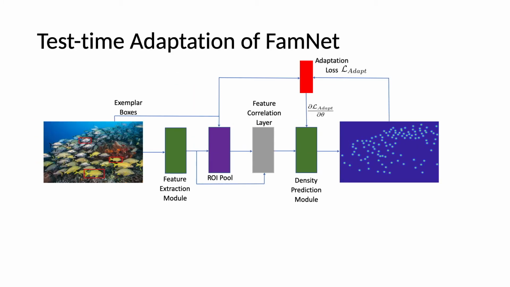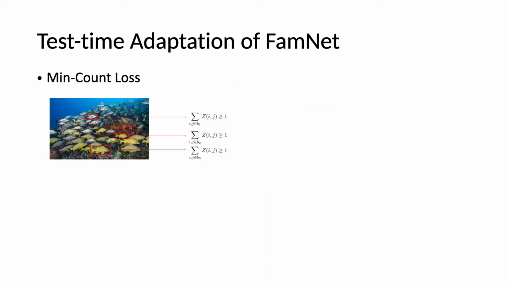Since the location of few exemplars is known in the test image, we propose to utilize this information to adapt our network to any new visual category at test time. So we propose two different losses for the adaptation. The first loss is called min count loss,